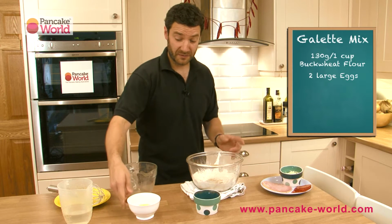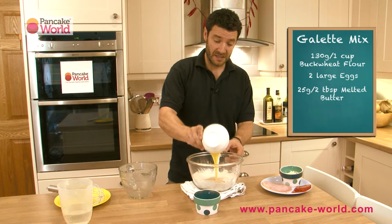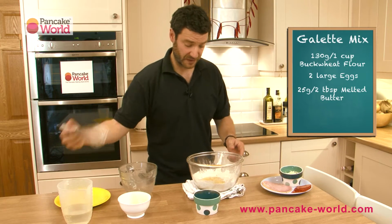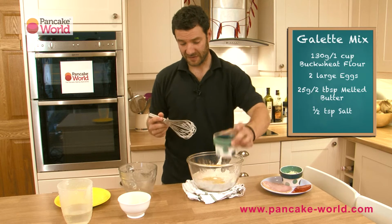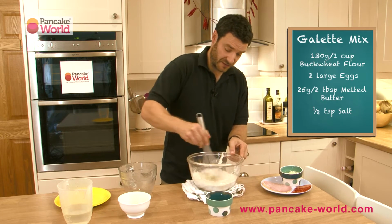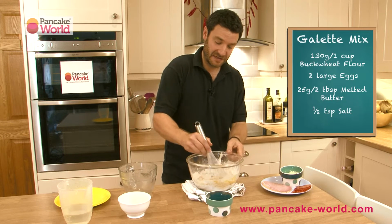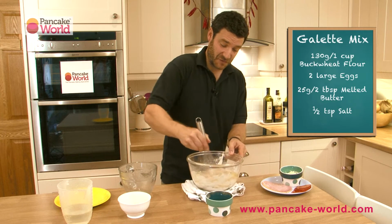And to that I'm going to add about 25 milliliters of cooled down butter. I melted the butter and let it rest and go down to room temperature. And the final ingredient, a pinch of salt, about half a teaspoon, if that. Add it to the mix. I'm going to simply mix it together. That flour will give you the sort of extra nutty taste, which you certainly found on holidays in France, and more